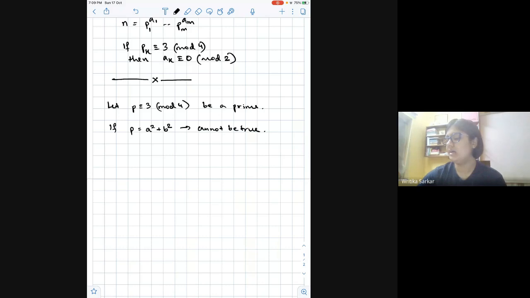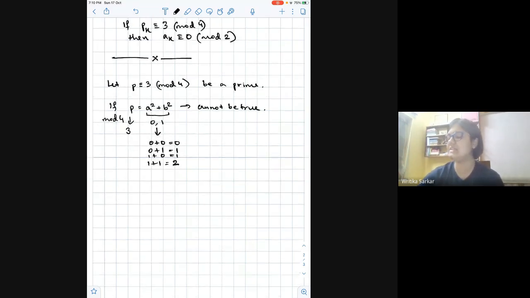Exactly, that's correct. Because p is given to be 3 modulo 4, we're taking this mod 4, and p is 3, but a square can only be 0 or 1, so the only possible remainders that you can get are 0 plus 0, which is 0, or 0 plus 1, which is 1, or 1 plus 0, which is 1 again, and 1 plus 1, which is 2. So a sum of two squares can never be 3 modulo 4. So this is very easily not true. So if a prime is 3 modulo 4, then it cannot be written as a sum of two squares,